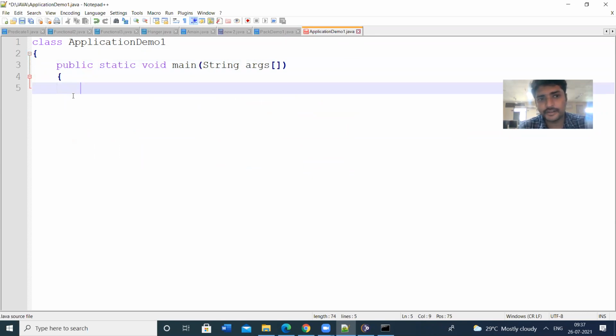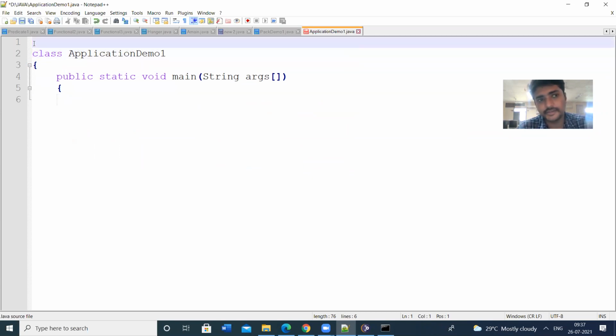Before writing this, I have to import the packages. To import the packages, I will use the keyword import. The package name is, so we have created the package, the package name is package demo.